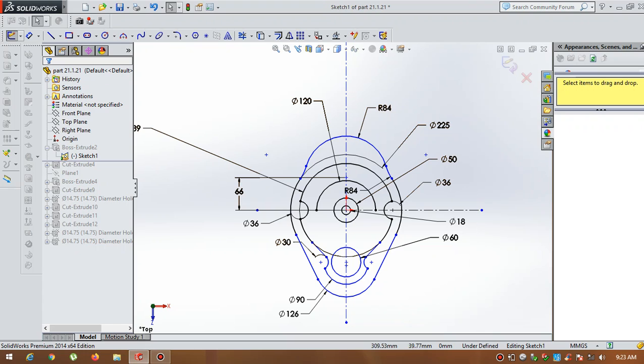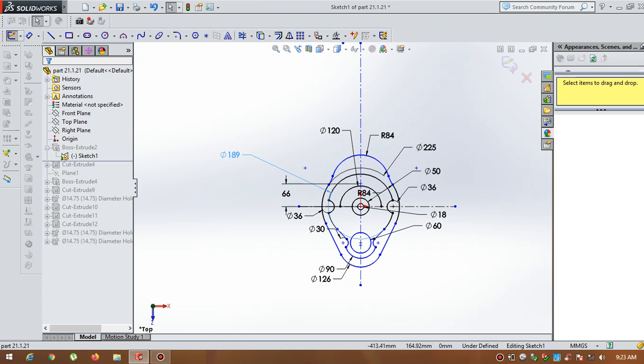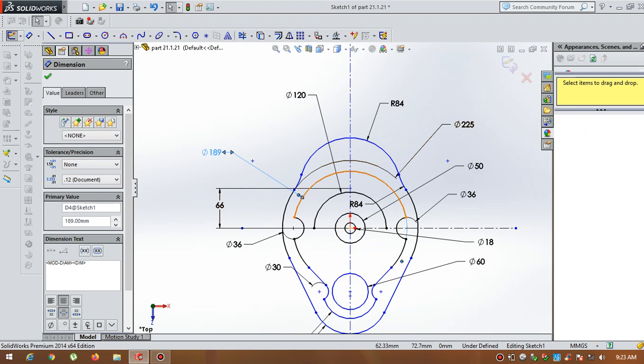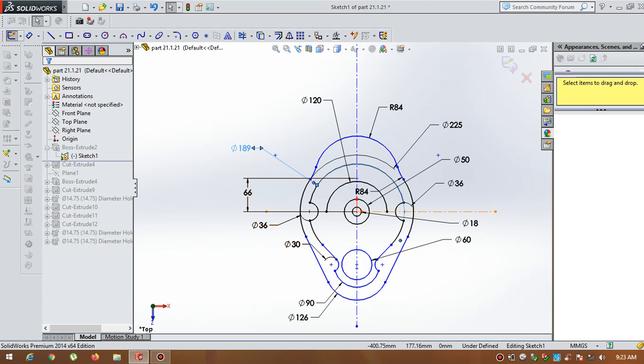Now I have drawn another diameter of 189. Now from here the distance is, go for smart dimensions.